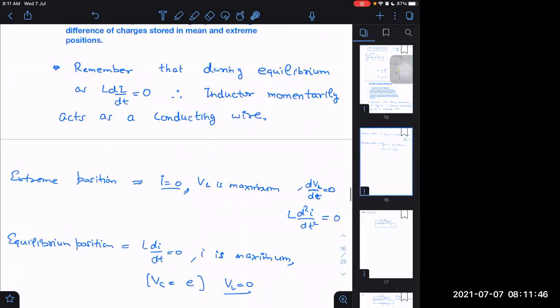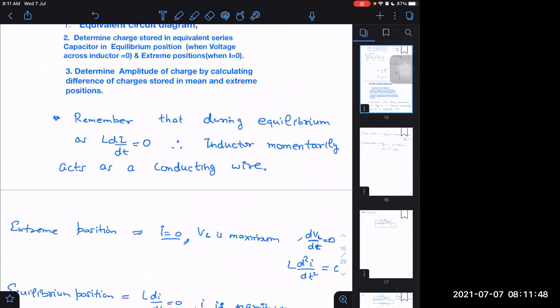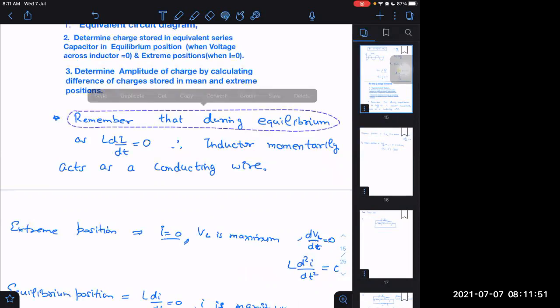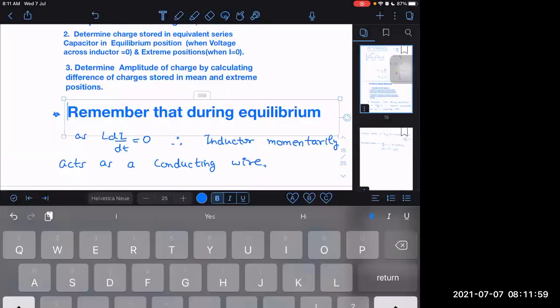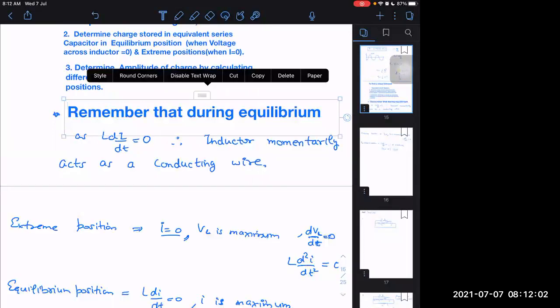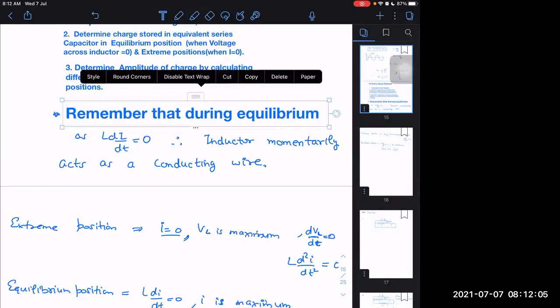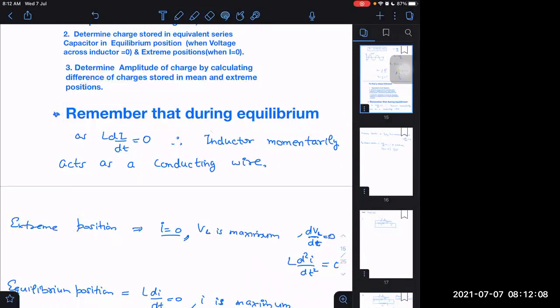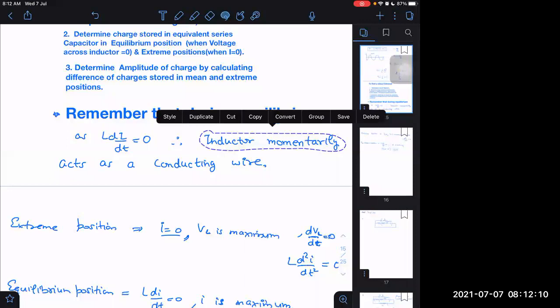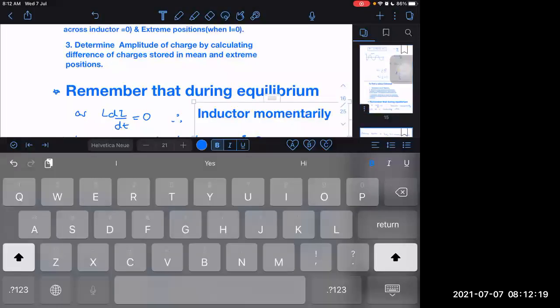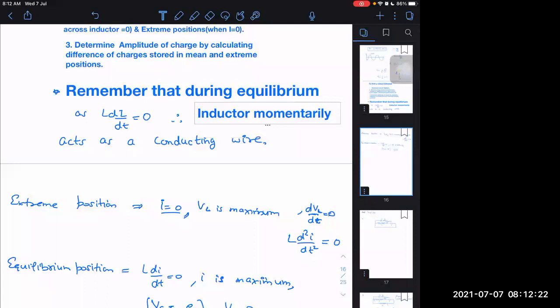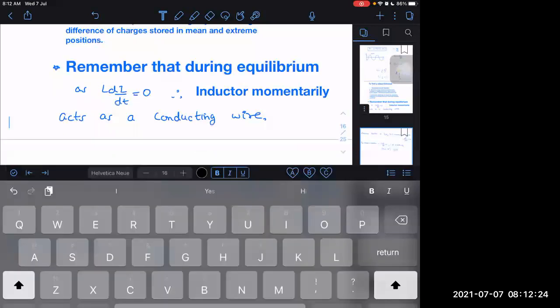Yes, ask. When we are writing work done by the battery, why are we saying that it is minus QV, sir? Why are we saying that it is attaining the charge? Actually, the battery supplies the charge, but when we write minus QV, it is gaining the charge. Yes, it is gaining the charge. So what is the problem? It is true, it is gaining the charge, it is not supplying the charge.